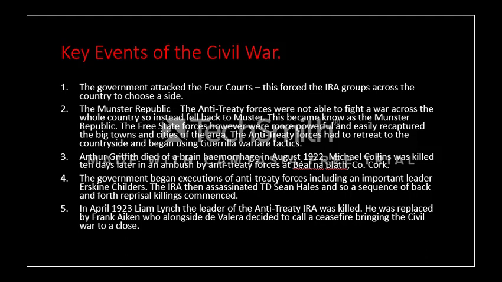They're trying to take and control this area, because they know they're a smaller section, and they're probably not going to be able to stand up to the force of the Free State government soldiers and the power of the army. So they take over this Munster Republic, but they're still not able to hold on to it. And the Free State government very quickly takes over the big cities and towns, so they take back Waterford and Limerick, and then they use boats to take back Cork City as well.